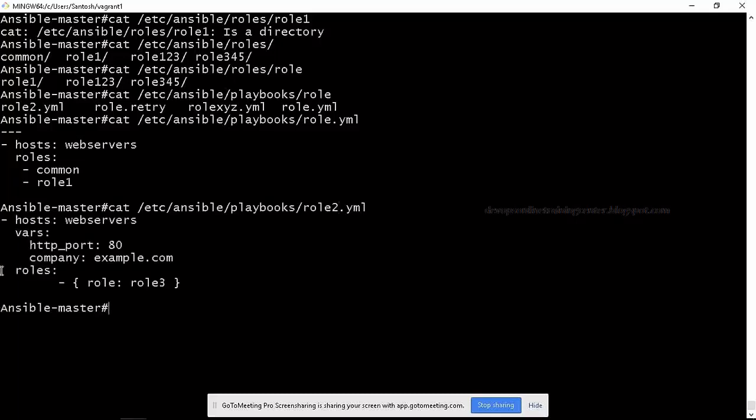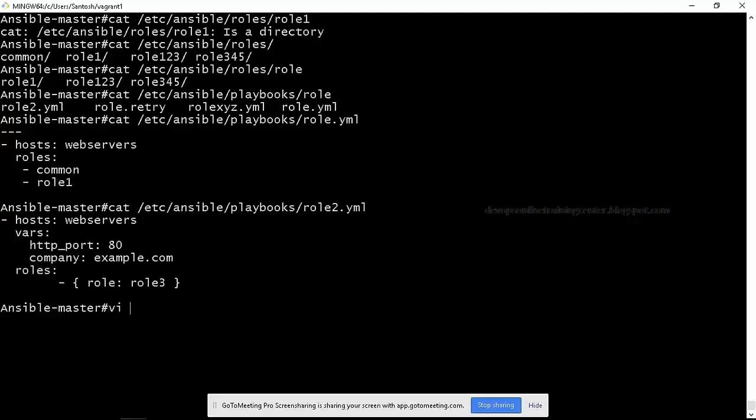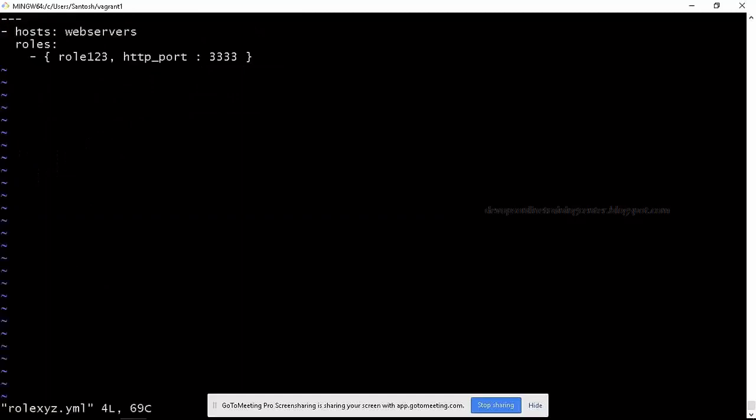We specify it this way. Also equal to role XYZ. I'll also specify HTTP underscore port is equal to 333. Now it is defined three ways.